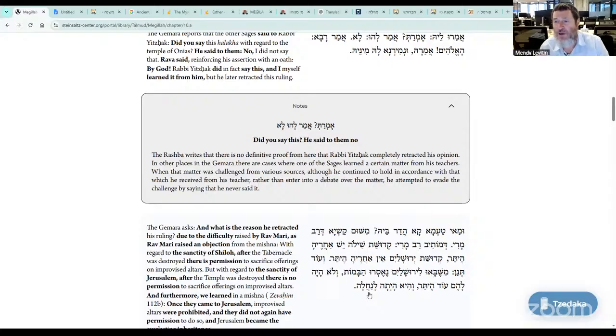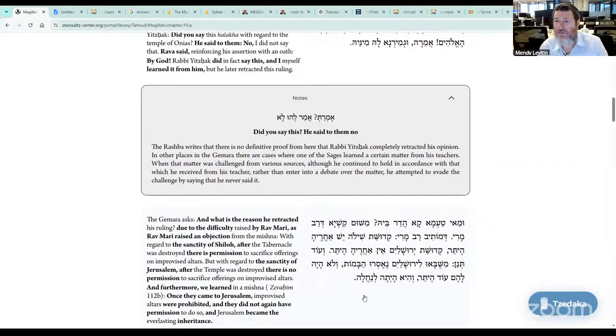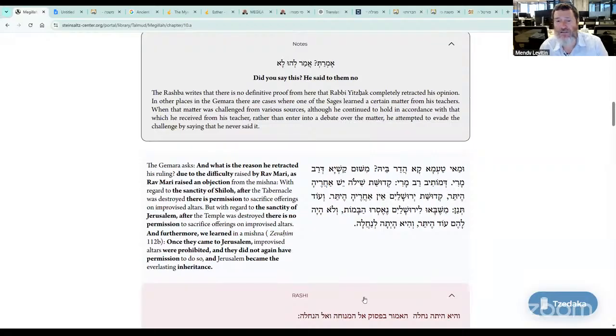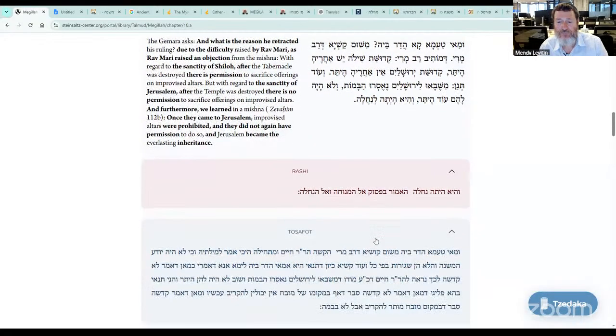It's an inheritance. That's my home. God said, "This is my home," and I'm not moving from Jerusalem. And therefore, it's never going to be permissible to sacrifice outside of Jerusalem. Not only that, it has to be exactly in the same spot where the temple had the altar. That's why it's not so simple, b'chlal, what people are trying to do today.